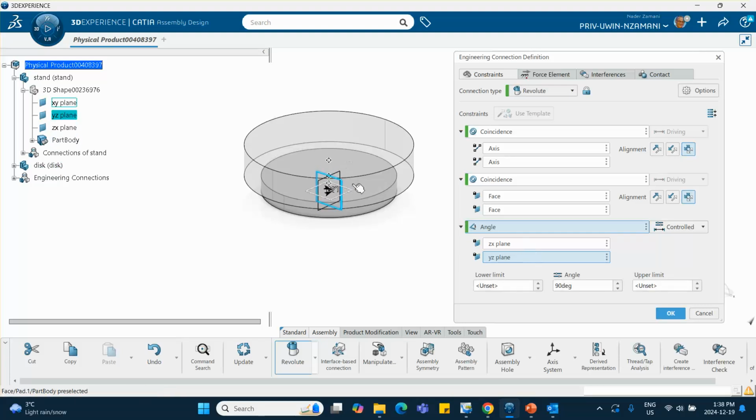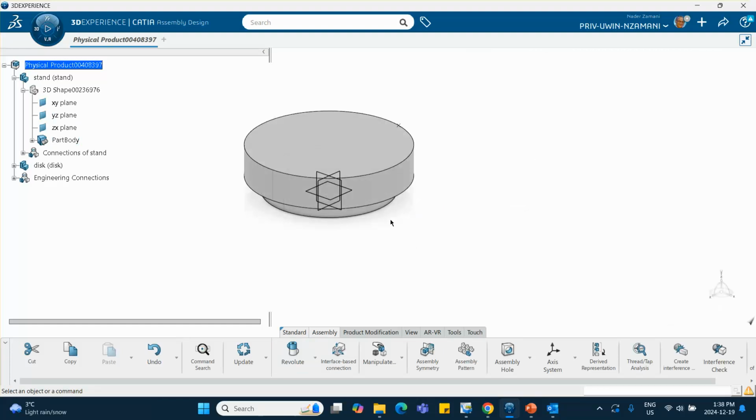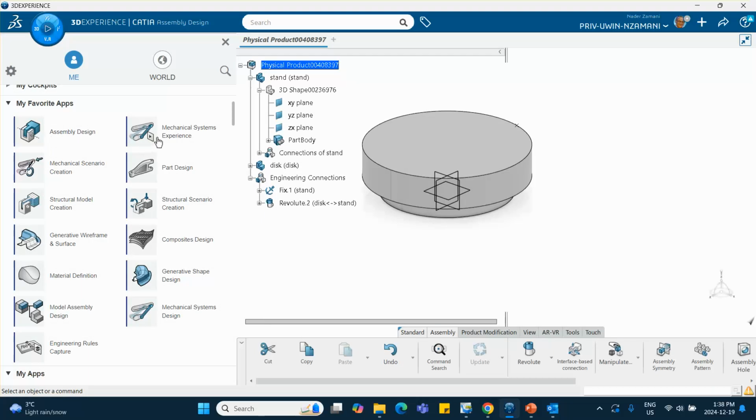The angle between these is controlled. This can be XZ, XZ, or YZ, YZ, or XZ, YZ, the other. And this is controlled. Right now, of course, it's 90 degrees, that's fine. All right, so what we did, we created a revolute. Okay, good. Now we are going to go to our mechanical system design,